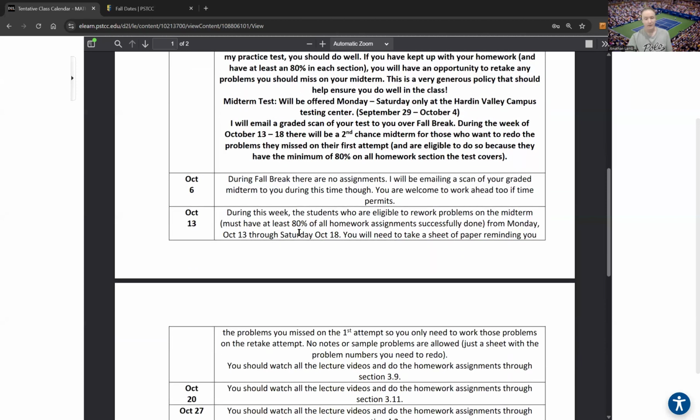The next week, you'll get to retake the midterm, any problems you missed on it, assuming you have that 80% of all homework assignments. If someone takes the retest to the midterm that shouldn't have, I just won't grade it. So I'll go into your MyLab and make sure you have that minimum of 80% on each homework assignment. And let's say, for example, a student does the retest and then I go in and I see that